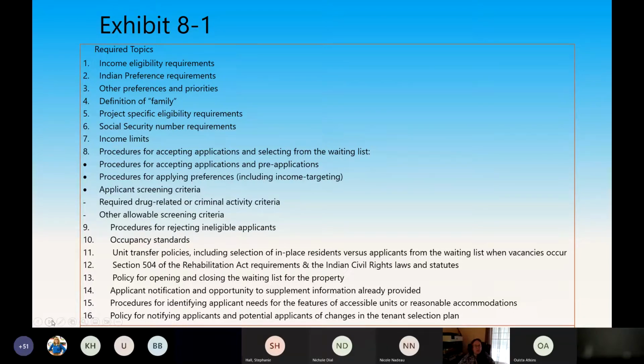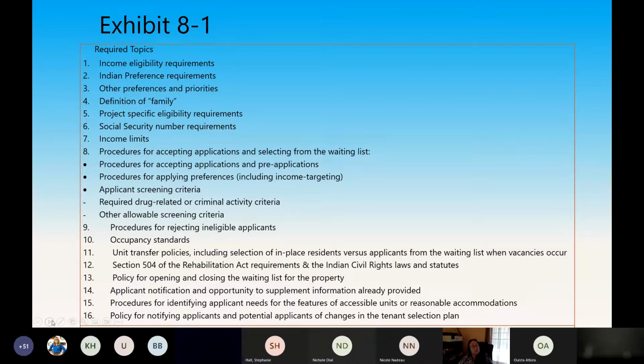and pre-applications, procedures for applying your preferences, including income targeting if you're doing it, your selection criteria, if you're going to require drug-related or criminal activity criteria, other eligible screening criteria that you could put in place, procedures for rejecting an ineligible applicant, your occupancy standards, your unit transfer policies, including the selection of in-place residents versus an applicant on the waiting list when a vacancy occurs, Section 504 of the Rehabilitation Act requirements and the Indian civil rights laws